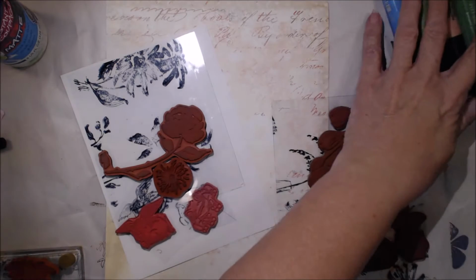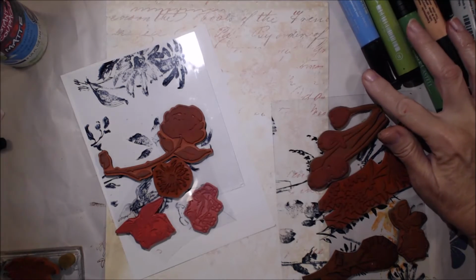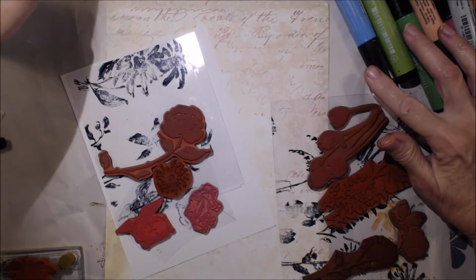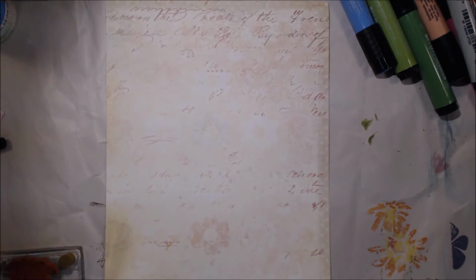I have some pit pins here. I've got some archival inks here. I have some Collage Page, and I also have some bloom spray. So that's the direction I'm headed with this morning, and we'll see where it goes in a 15-minute session. So let me get my timer set and